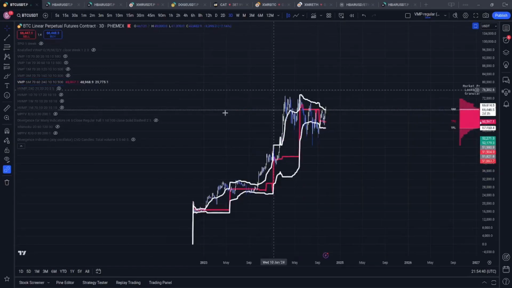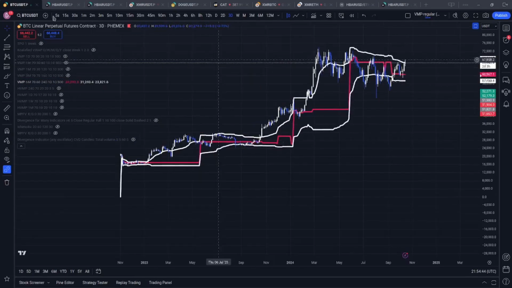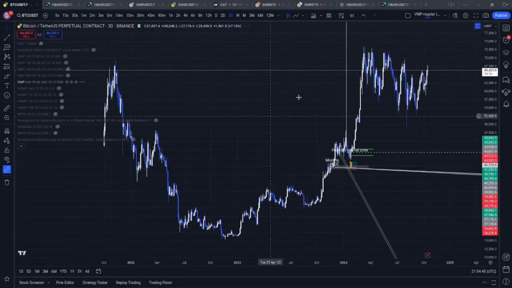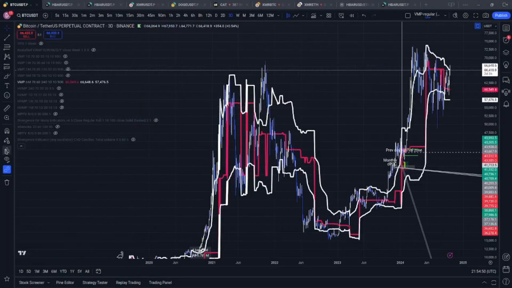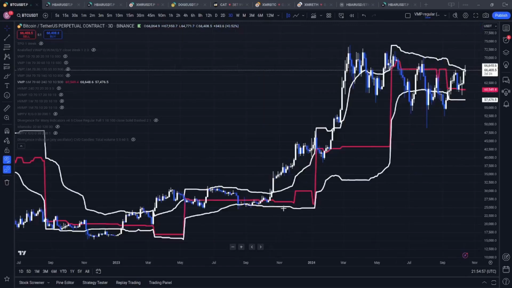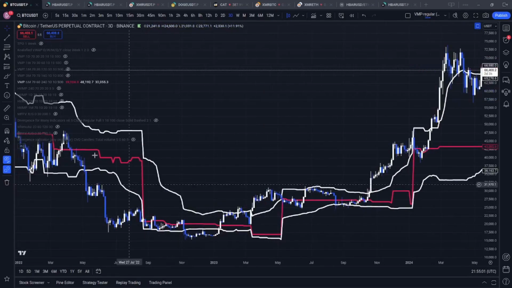So for the 6 month one, this is on FMX. So we do like Binance, go to that chart, get rid of these old drawings, and reset it. Here you can see the rolling point of control, value area high, value area low. You can see here in May of 2022, May 4th,